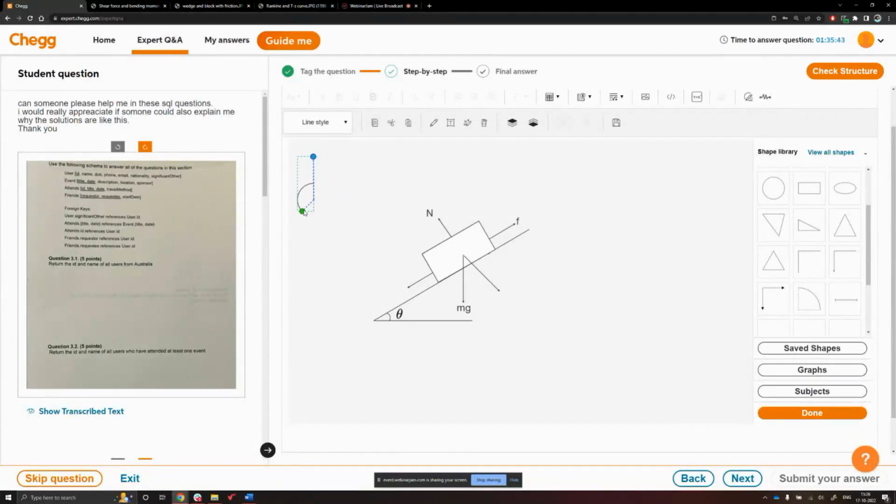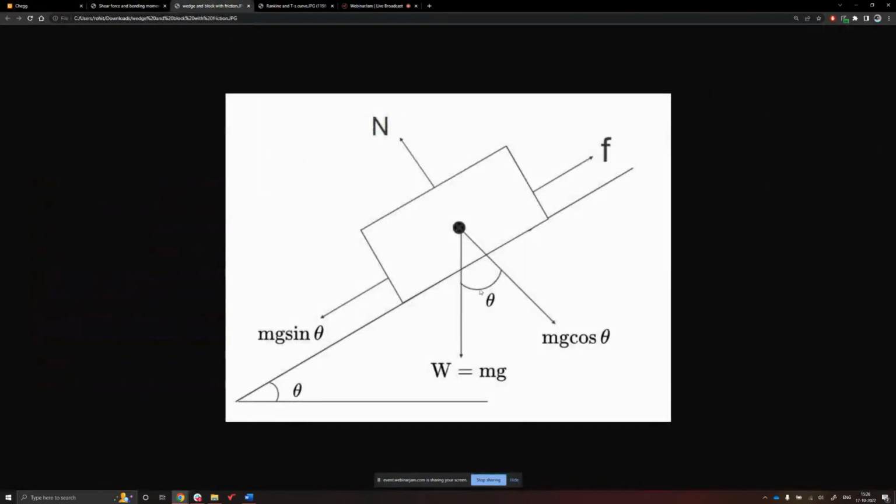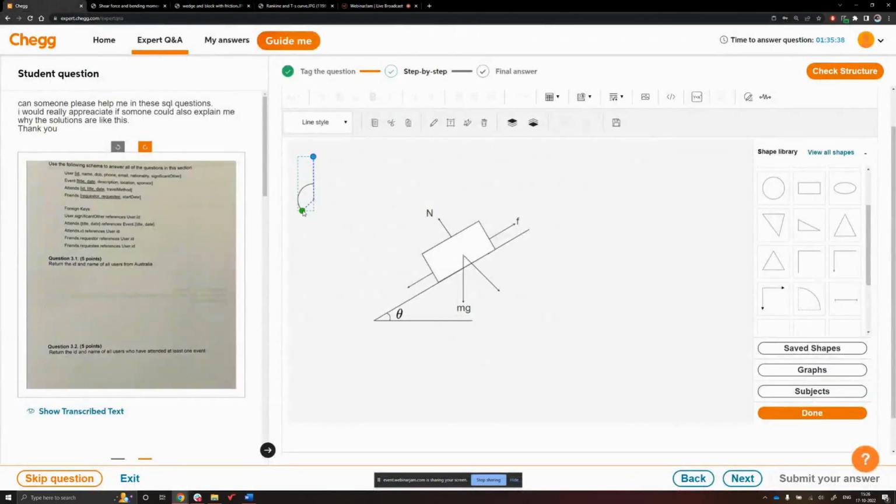So to get the proper angle shape like this, put the green dot here and move it in an anti-clockwise manner so that it crosses the green dot, and then it makes a shape like this. To decrease the size of the angle, just click on the green dot and go inward radially. And then you can move this, use the arrow keys, or make it smaller actually. Use the arrow keys to make it precise.